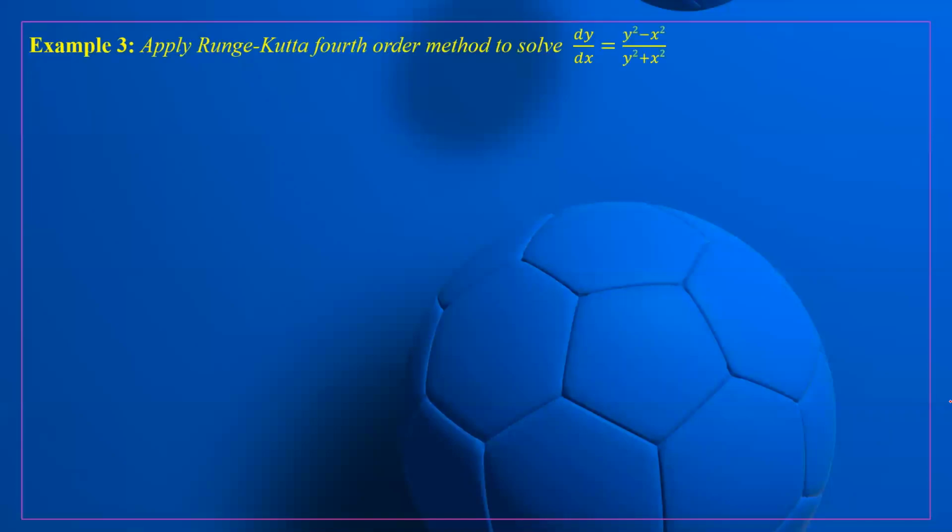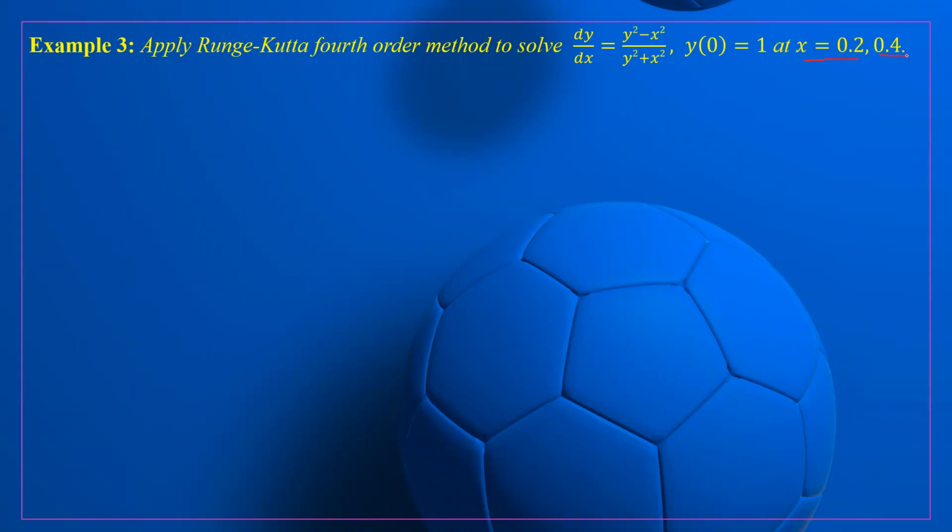Let us take one more example. Example number 3. In the previous example, we have taken a very simple example, and that was only the first iteration method. Now the Runge-Kutta method is also used to find out the value of y at different values. So let us see here, we want to find the value of y at x equal to 0.2 and